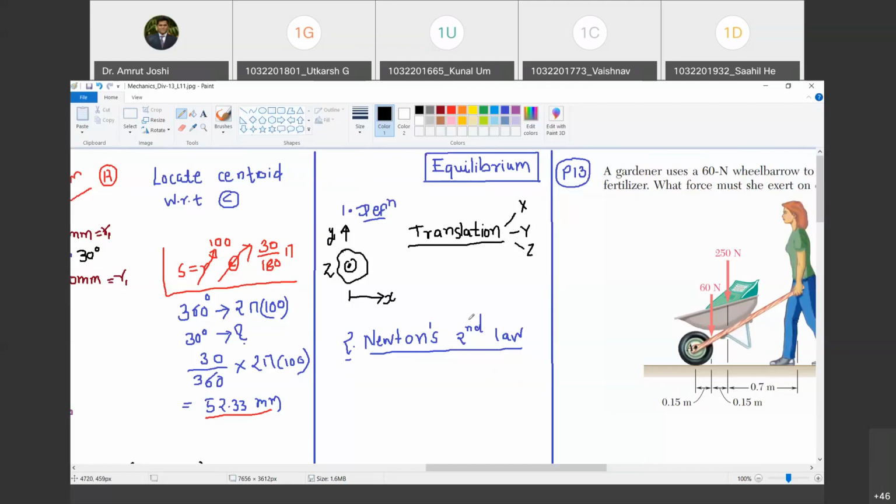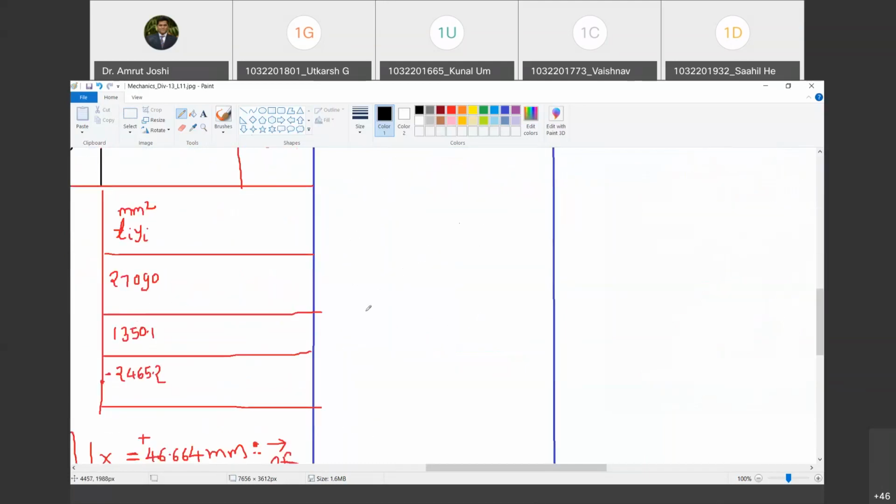Yes. So not necessarily the body should be at rest. It should be either at rest and continue to remain at rest, or it should be moving along x, y, or z directions with the constant velocity. And we say the translational equilibrium is achieved. Happy? Yes, sir. Let us consider an example.